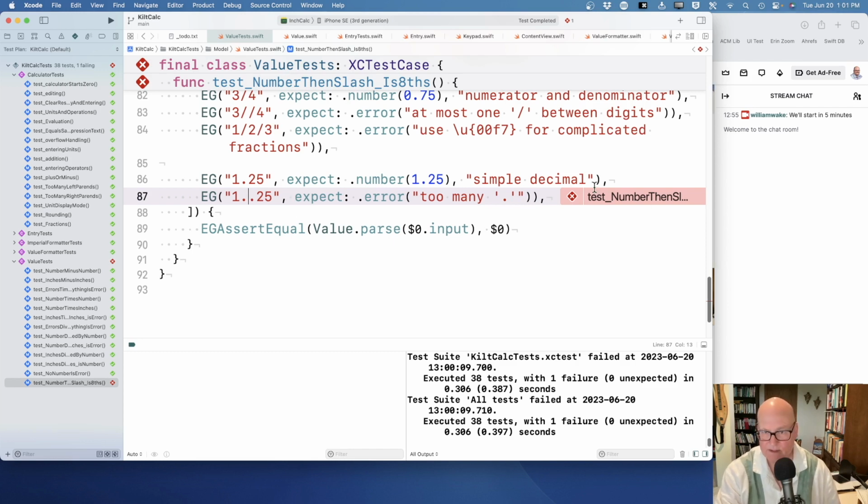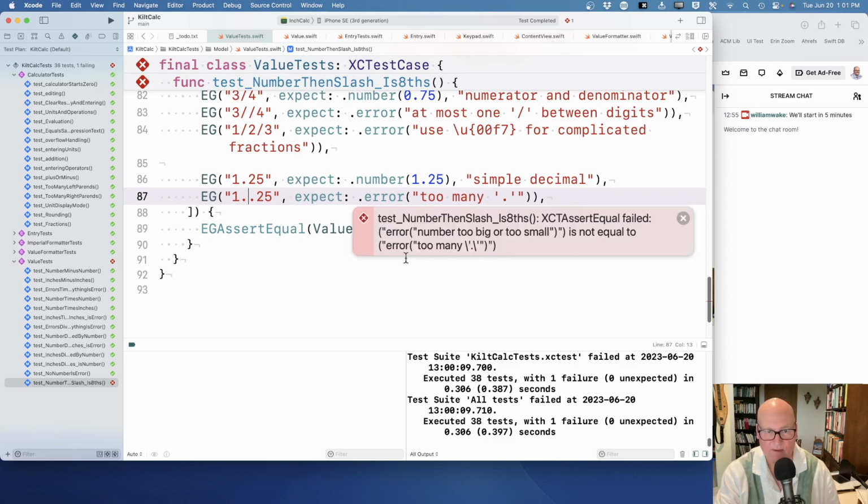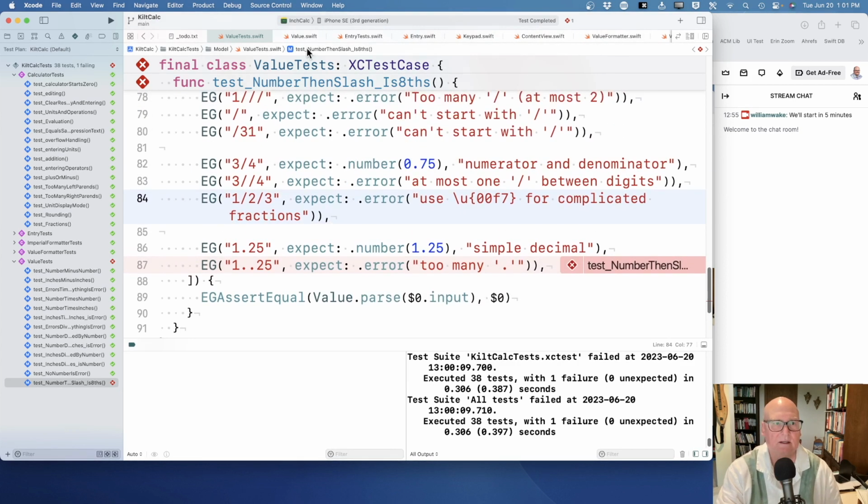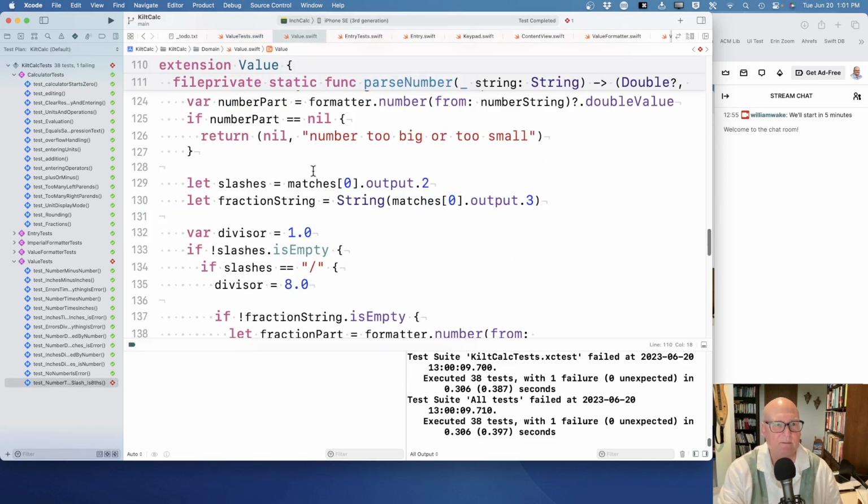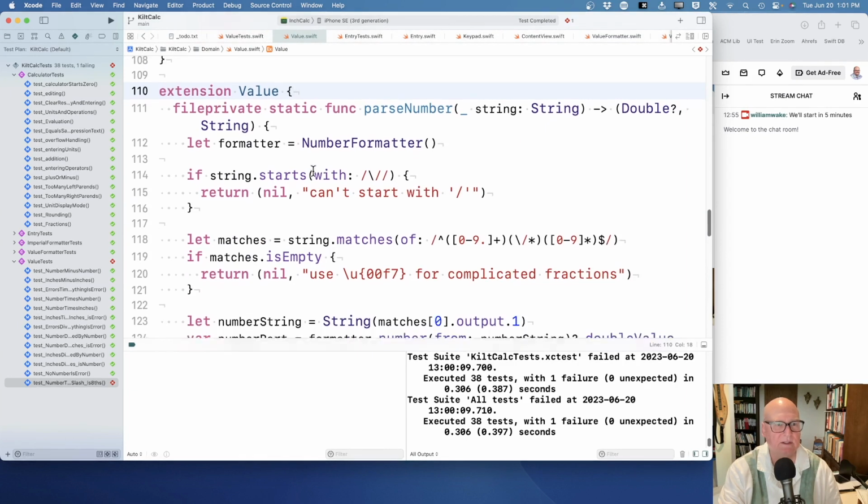All right, and this test fails. We just left off here. It gets number too big or too small, but it expected too many dots in the message. As I've been thinking this through, and I read a little bit more about regular expressions last night, I think maybe what we should be doing is